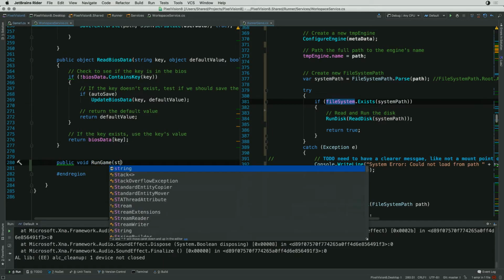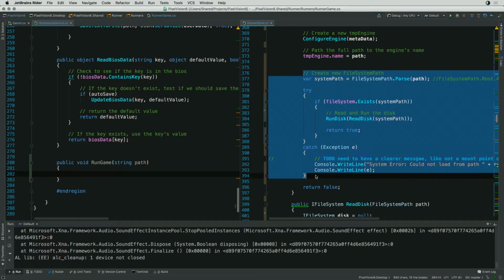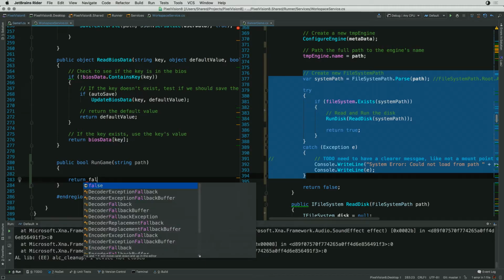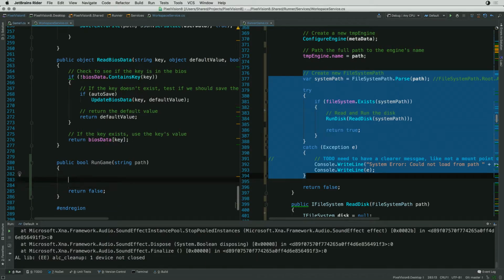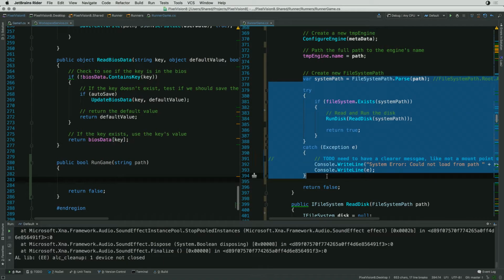And what we're going to do is string path. And we'll do this stuff right here. And let's do Boolean for if it fails. So we're going to move all of this logic now into